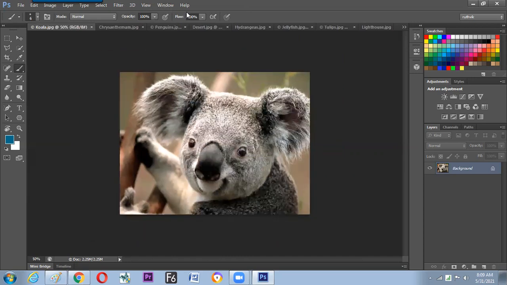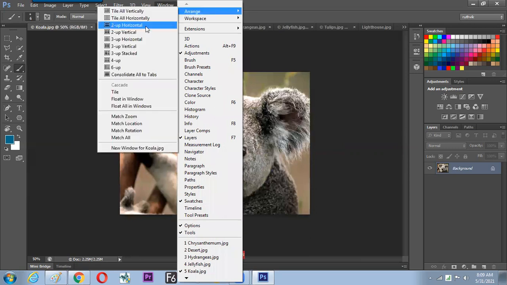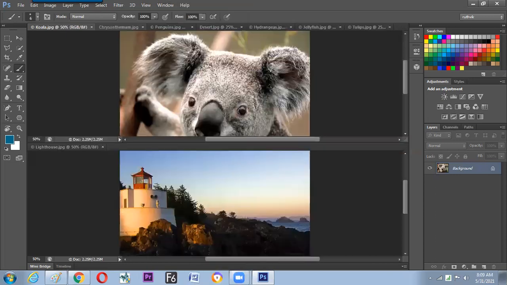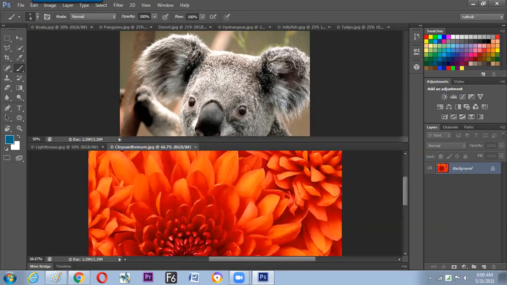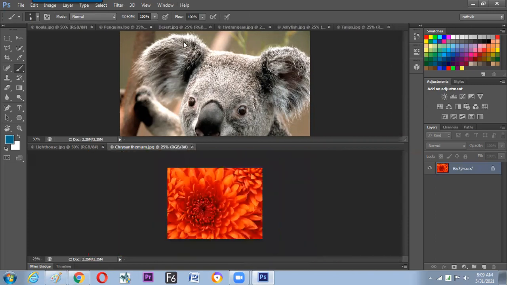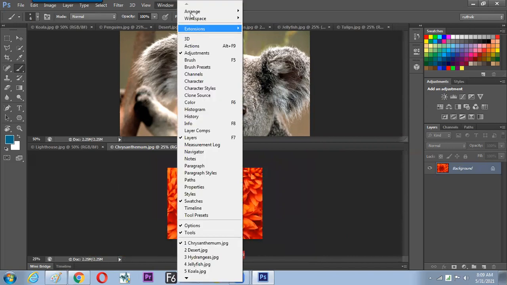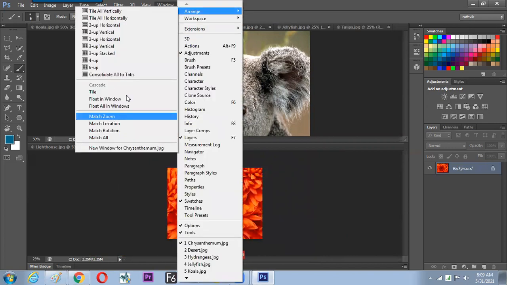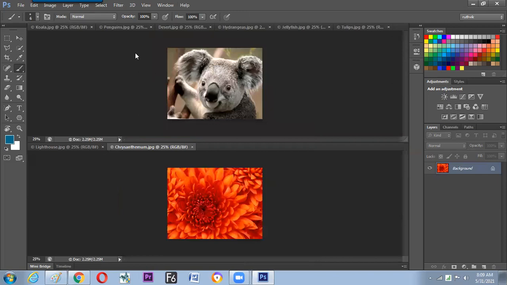Next, there is another way, like Two Up Horizontal. So your photograph will be on the top, and you can switch to the other part, and you can drag and drop the things here to have a comparison. So it's again a format to get a comparison, but your selected photograph will be on the top. So hope we have understood now how to have a comparison view.